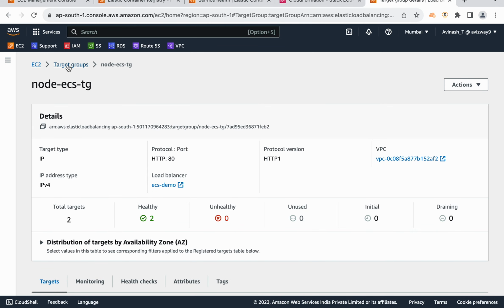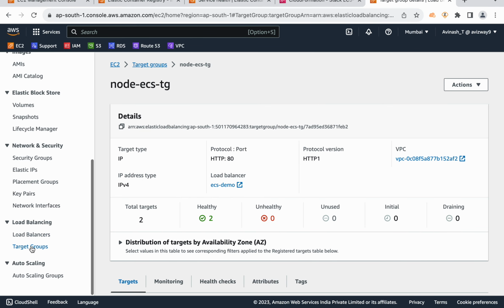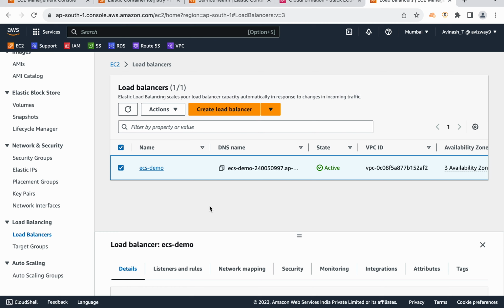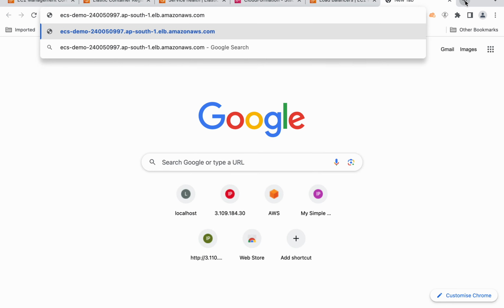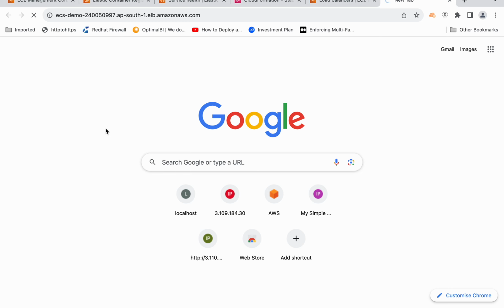So now how to test this? Go to your load balancer DNS name, grab the load balancer DNS name and give that here. And you can see we are getting output from that ECS